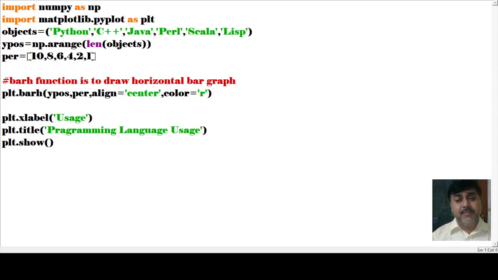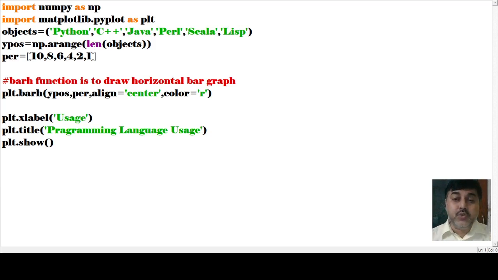There are different types of things that we are going to include, due to which we have called numpy. After numpy, one thing that we cannot miss in any pattern is matplotlib. Under matplotlib we are calling pyplot, which is called here as plt.